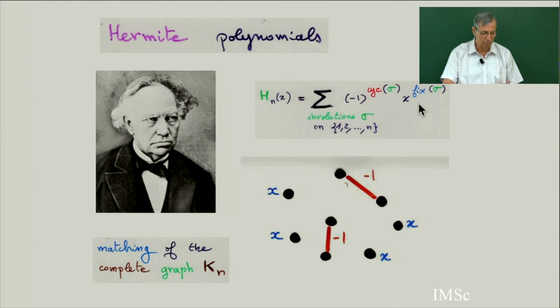And this is the famous classical Hermite polynomial. So this is the interpretation. Usually it's defined by orthogonality, analysis, or all this, but we are in combinatorics, and there is a combinatorial definition of Hermite polynomial. Yes? Question?